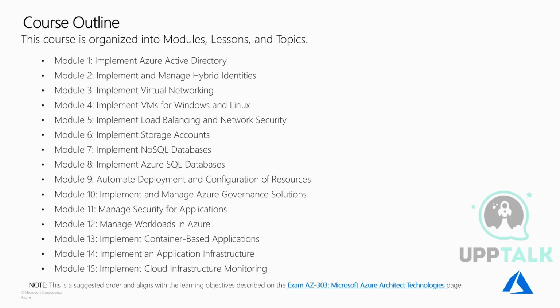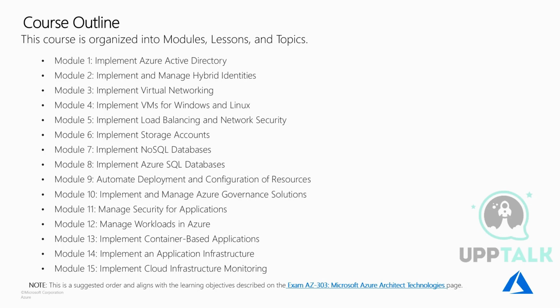These are the 15 modules that we have as part of our learning. And you'll see, starting from Azure Active Directory, that is building the foundations in terms of security and identity management. Then moving ahead with infrastructure as a service, which is networking, creation of machines over here, load balancing. Then moving further with data storage in terms of unstructured data using storage account, semi-structured data using NoSQL databases, Cosmos DB, going ahead with SQL database, then moving further with